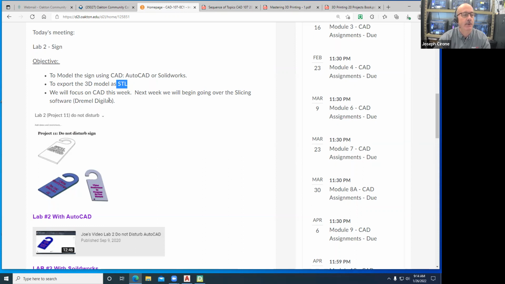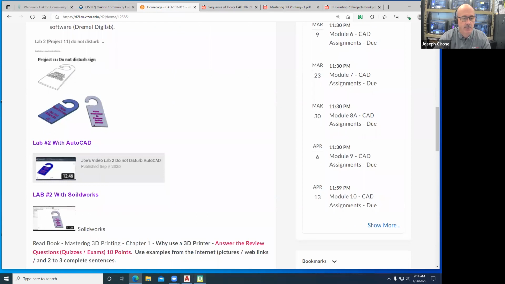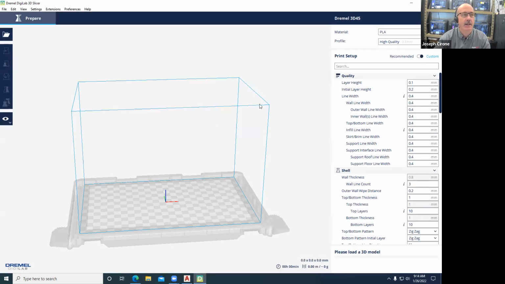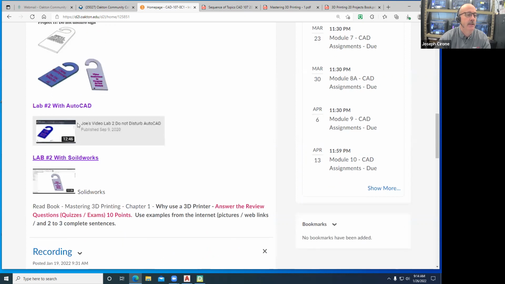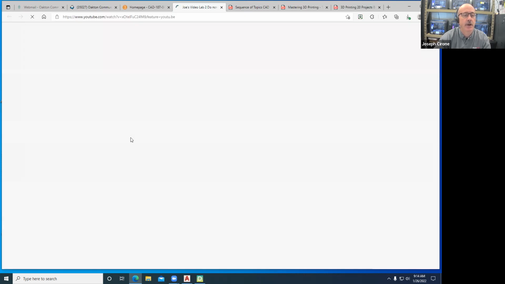And then as we progress in the course, we'll start going through things like how to use the Dremel slicer, the DigiSlicer. So you do want to get the student software, you want to get your CAD software up and running, and you want to take a look at the assignments. We've modeled the assignment with both AutoCAD and with SolidWorks and have videos for those. And so if you click on the lab number 2 with AutoCAD,